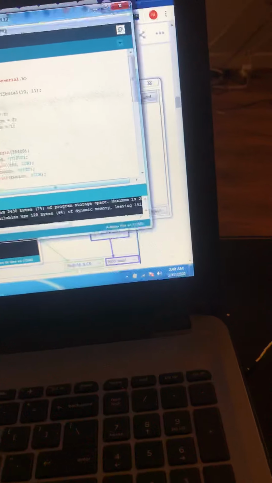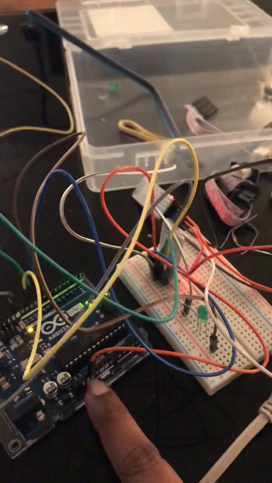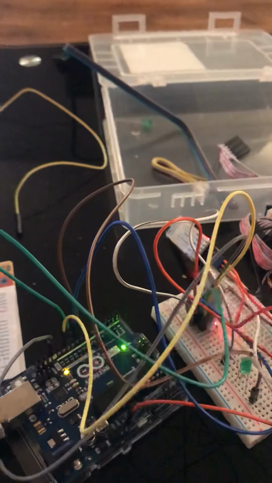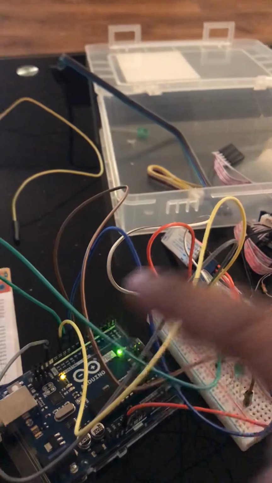So how I started to do this is, initially I made the connections from power to the VCC, which is 3.3 volt, ground to ground, and transmitter to receiver, receiver to transmitter.